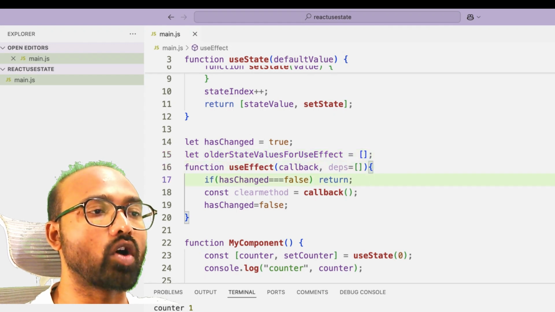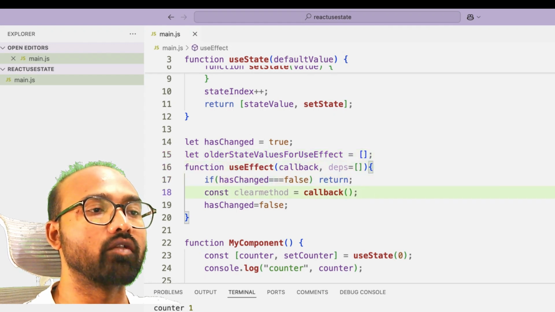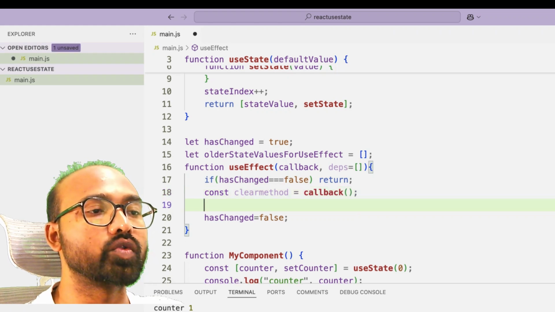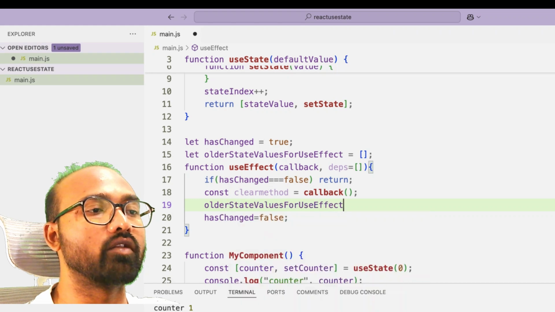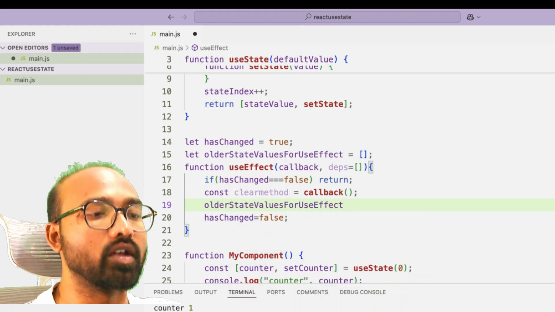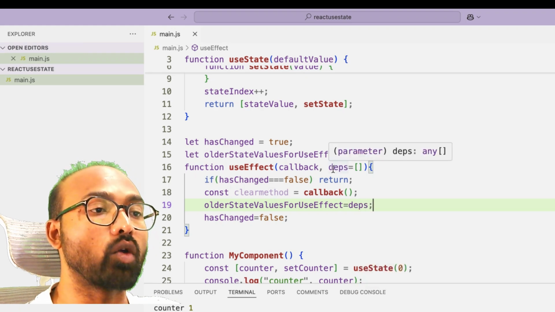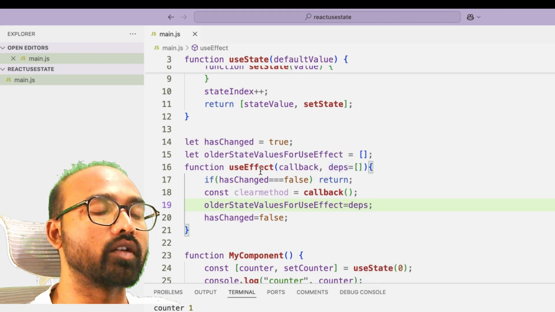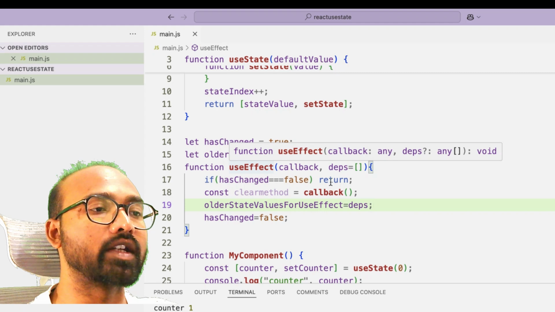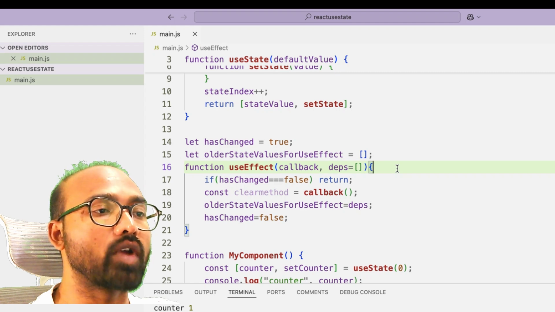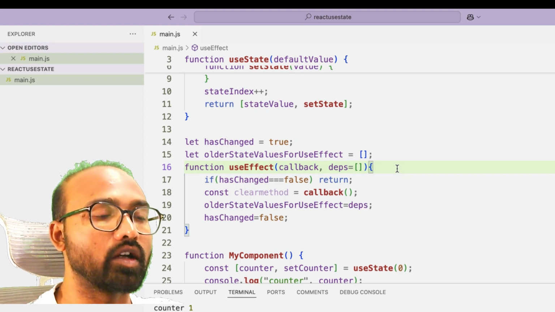and whenever the callback is executed, we will just store the value of dependency into the older state variable. Okay, so this represents our old state value. Now whenever useEffect will be executed again with a different state value, then we will compare if the value has been changed or not. Okay, so what we need to do,